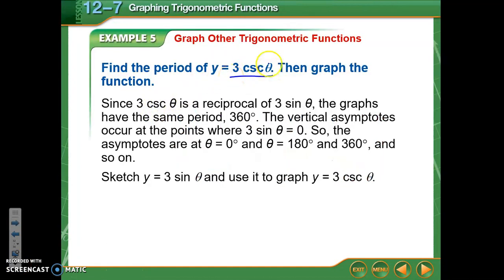cosecant is a reciprocal of sine, so 3 cosecant of theta is going to have the same period as 3 sine of theta, which is 3